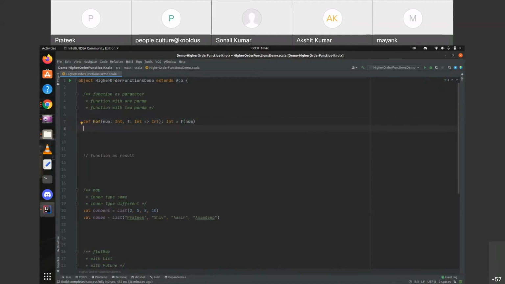Let's see how we can call it. We'll simply call this function, and let's call it in println so that we can see the output.